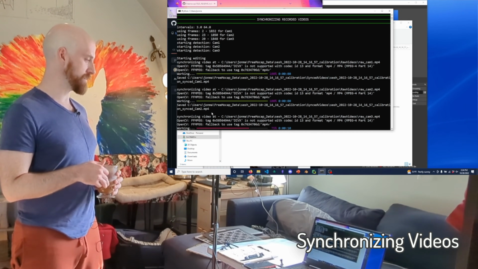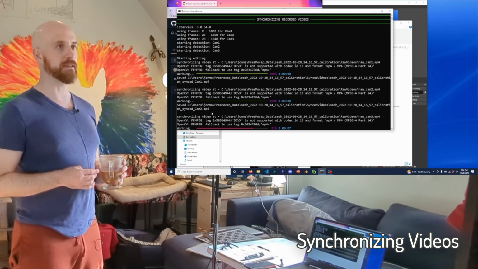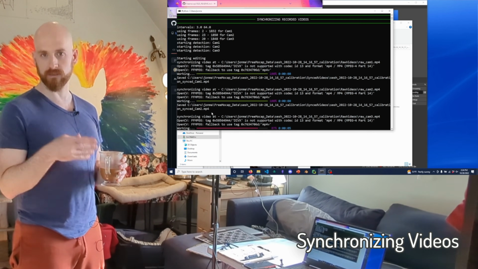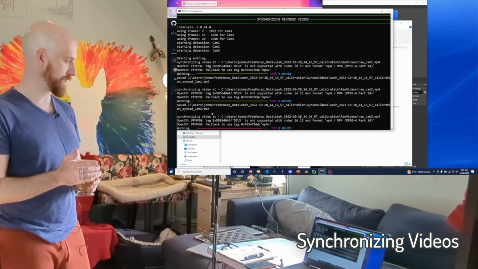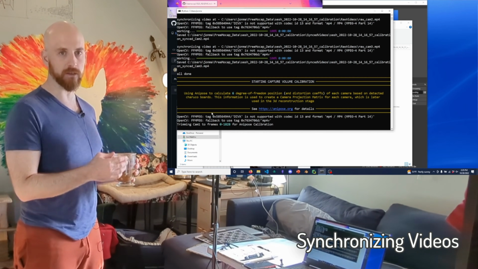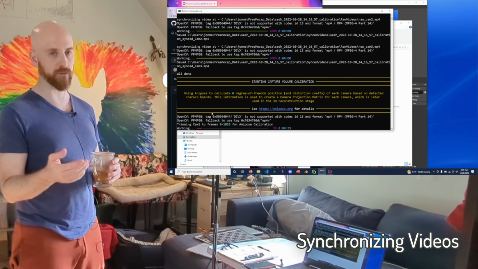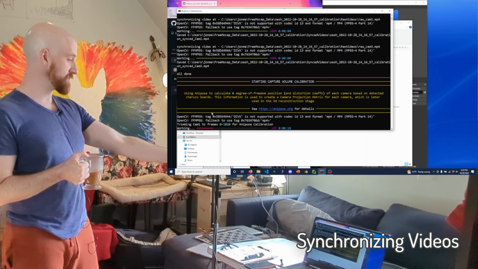It's a method that is basically similar to what the Pupil Labs people do. The Pupil Labs is an eye tracker that I've used for my research in the past. And this is basically what they do to synchronize their stuff, sort of on software side, post hoc. Okay, so the videos have been synchronized.